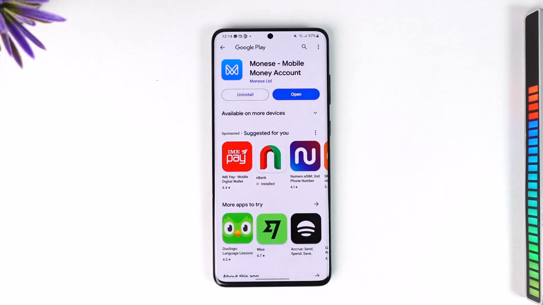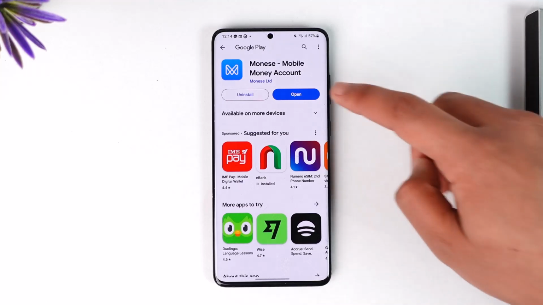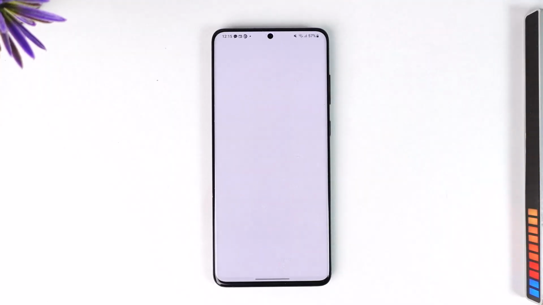In this video I will guide you through the steps on how you can log into your Monese account, so make sure to watch the video till the end. If you want to log into your Monese account, it's actually very simple to do so. All you have to do is first of all make sure to launch the Monese mobile